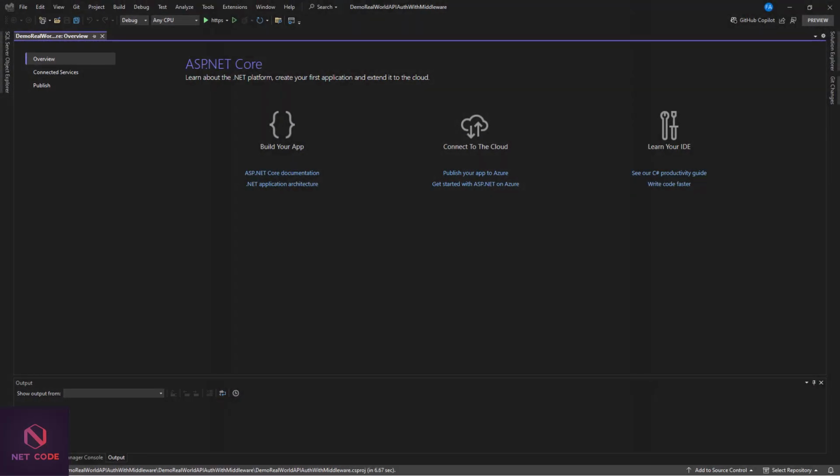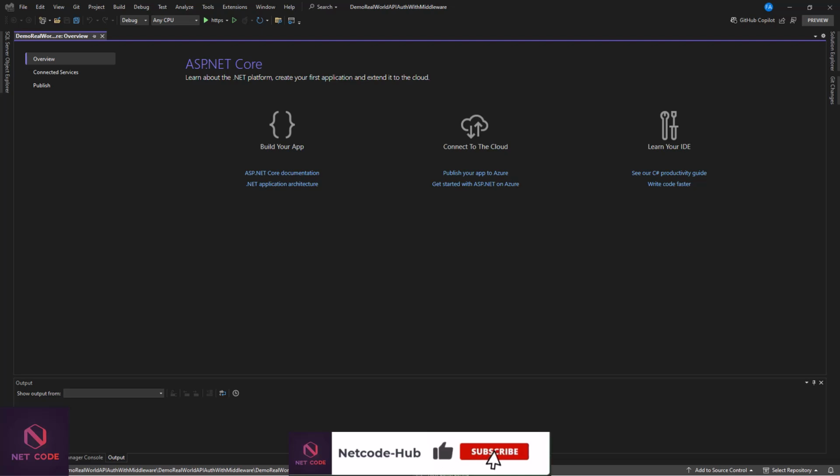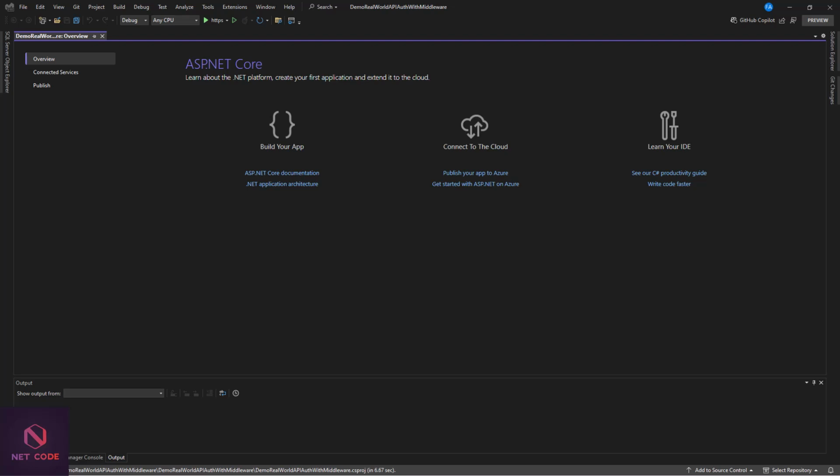Welcome back, developers. Today we are diving into a real-world example of using custom middleware to authenticate users before accessing controller action methods in .NET 8 Web API. Whether you are securing your API endpoint or enhancing your application strategy, this tutorial will give you practical insight and hands-on experience. Stay tuned as we explore the power of custom middleware and how it can streamline your user authentication